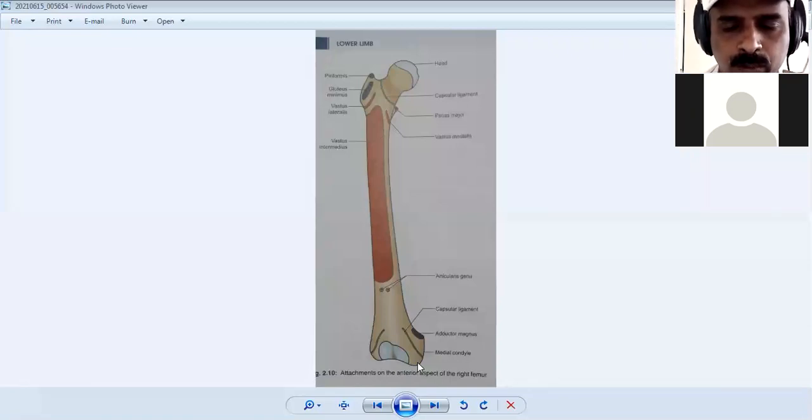So here you have to remember almost all the points which are important. Only two points you have to remember regarding the anatomical position of the femur. First point, the head is directed medially, slightly upwards and forwards, and the shaft of the femur is obliquely directed downwards and medially, whereas the inferior surfaces of the two condyles lie in the same horizontal plane. That is the second point of the anatomical position.